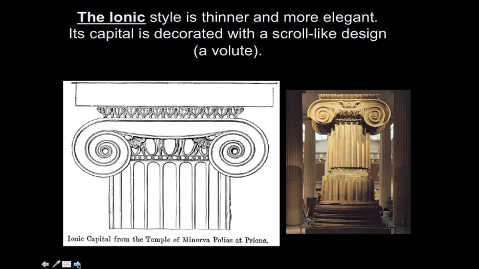The Ionic style, the order that comes next, is more elegant and more graceful. The capital is decorated with that scroll-like design, the volute. The image on the right is showing you both the base of the capital, which is very detailed and ornate, and